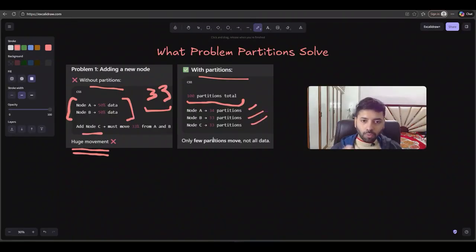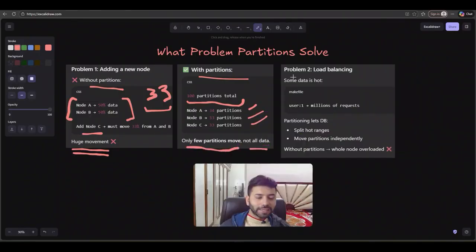So when we talk about movement, only a few partitions will move, not all data. Next, if we talk about the load balancing problem, there can be a point where some data is hot,